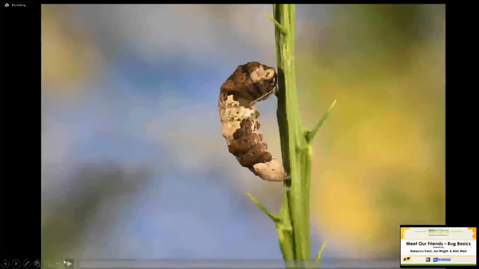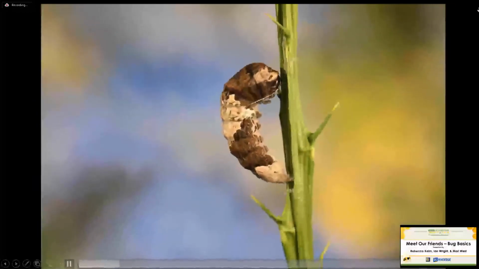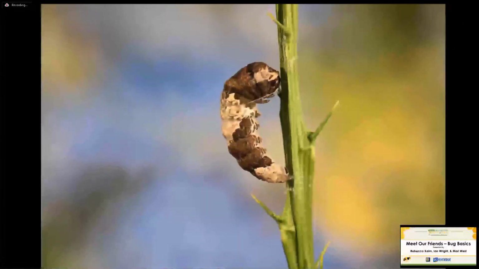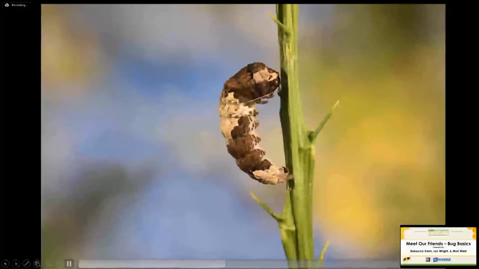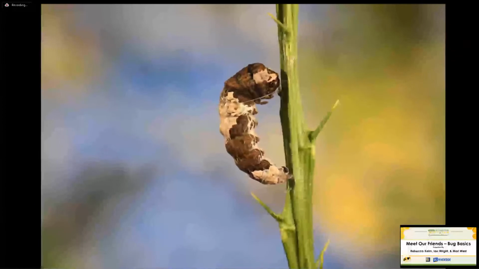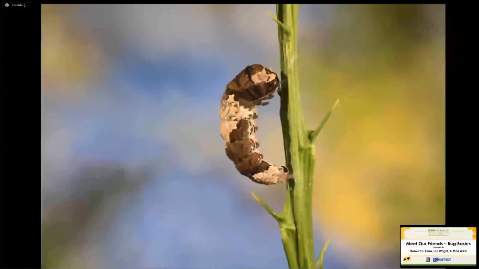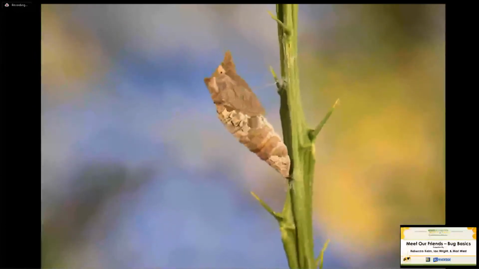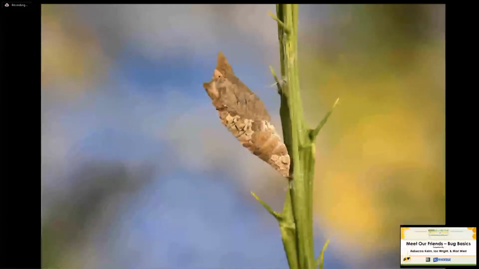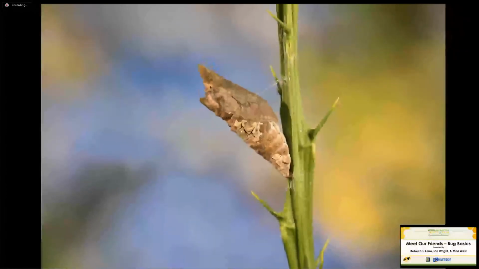So I have a couple of videos showing that. This is a citrus swallowtail, a giant swallowtail. Here you can see the citrus swallowtail gearing up to pupate. This is the larva that spins a little line and attaches itself to a plant, and then it sheds its final skin and grows into this pupal case, inside of which it will pupate, turn into a butterfly, and emerge out with butterfly wings. You can actually see the wing pads forming there.